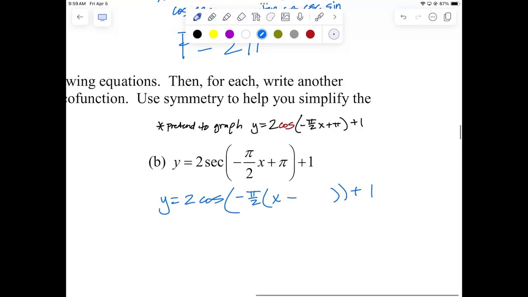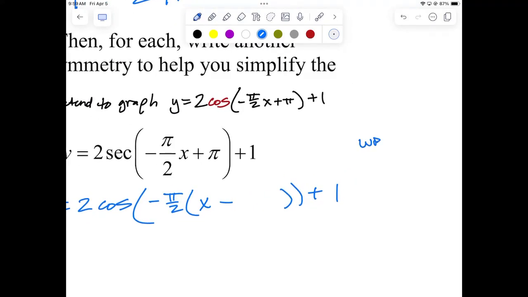Hey, when in doubt, go off to the side on your workbench, okay? We are starting with pi, and we are dividing out a negative pi halves. Remember, factoring out is dividing out. It's what you started with divided by what you're factoring out. So put that over 1, and then we can stay,